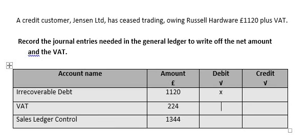The VAT we can claim back from HMRC. Originally, when we sold the goods months ago to Jensen Limited, we would have credited the VAT account. Under the normal VAT accounting scheme, the VAT return is submitted with any money to HMRC every 3 months. Now, to record an irrecoverable debt, it has to be at least 6 months old, and there's no chance of getting that money back. In this case, or in any case, you can claim back the VAT. So we debit the VAT account,